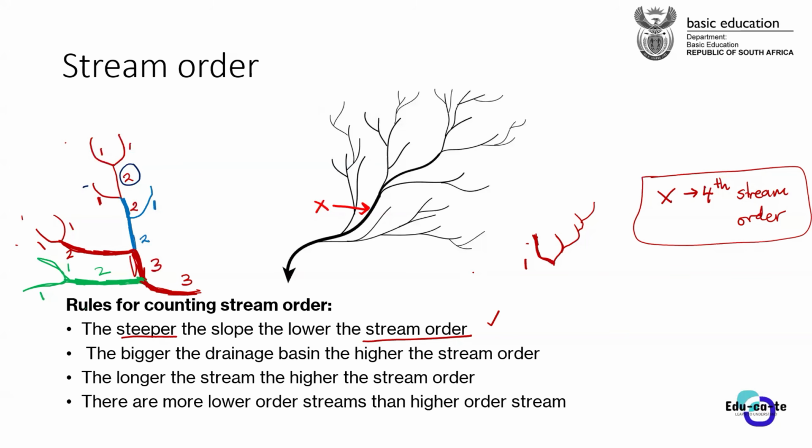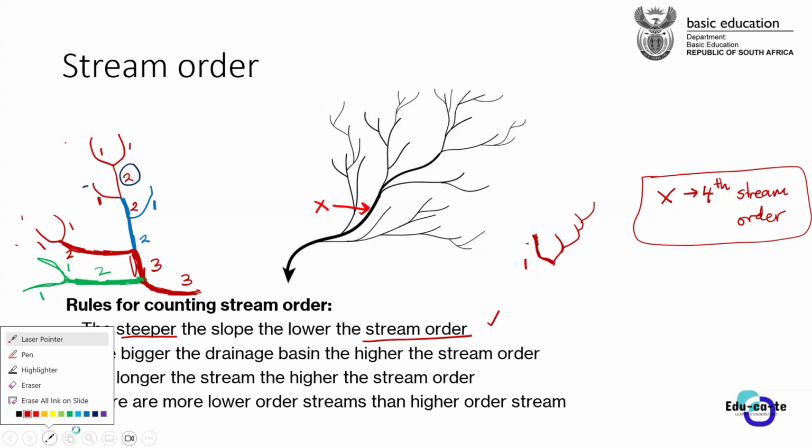And how are first order streams created? It's just water flowing away from the catchment area. Let me make this a bit practical. If you look at stream order number 2, or a second order stream, it's already a combination of a first order and a first order. A second order stream is actually formed from 2 first order streams. So the first order streams are kind of the original ones that formed stream order number 2. How did they start flowing? How did we end up having these first order streams? It is just water flowing away from the catchment area, guys.